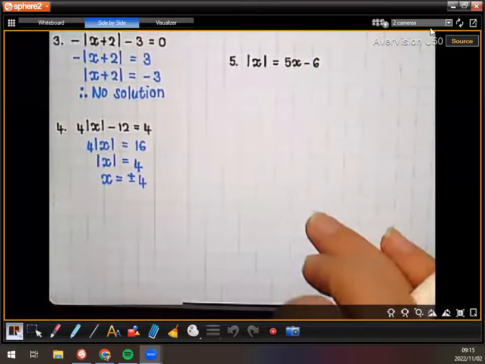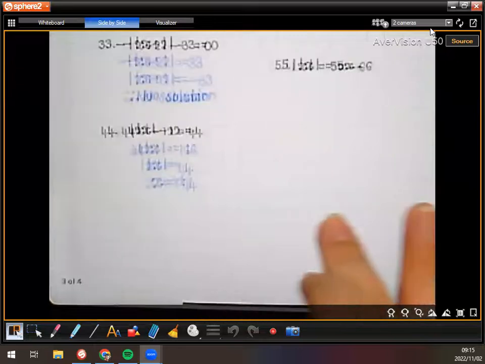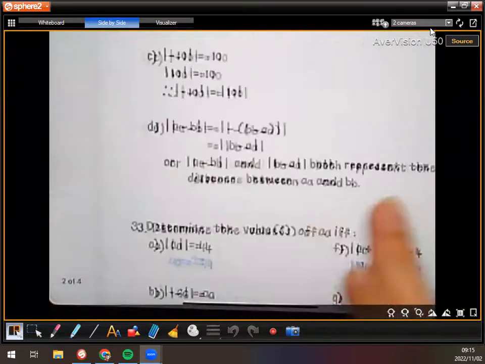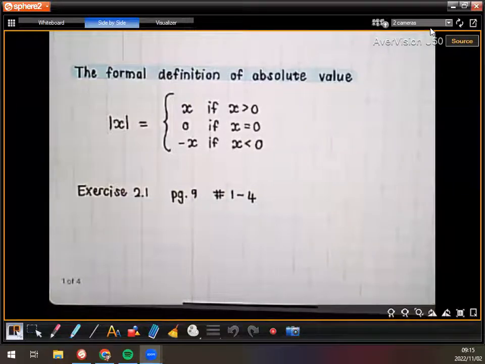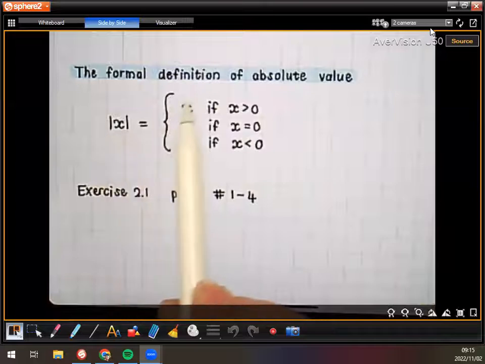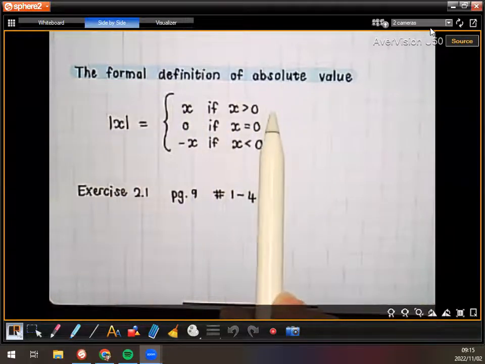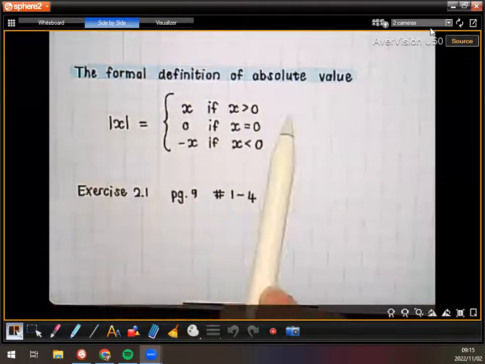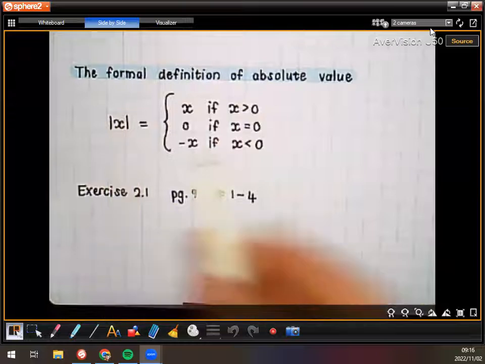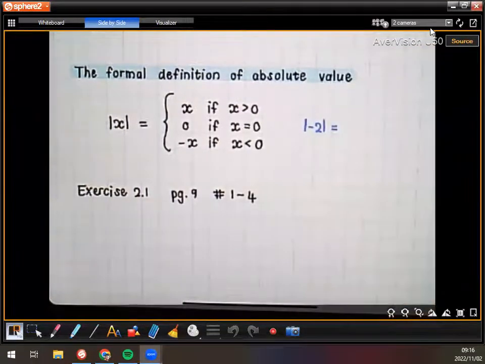And guys, I want us to remember the core definition of the absolute value, which we did write down the other day. I'm just going to go back to that page that was over there. We said that the absolute value of x is going to be x, so that same number that's in the absolute value, if that number is positive. If x is 0, then the absolute value is going to be equal to 0. And if you have a negative number here, so say for example, I'm just going to write it again, if you have an absolute value of negative 2,